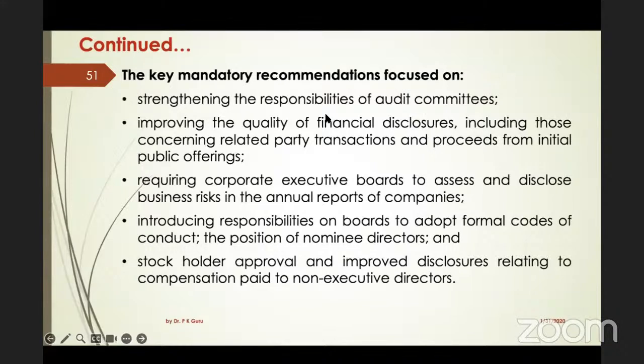The essence of the rules and regulations is that, when related party transactions were not detailed, not included in the declaration, people made money just for the sake of making more profit. They don't need to have a company somewhere else, but there are tax havens. As you know, what happened to Adani's investment, there was a lot of hue and cry. There are companies in those countries which are more or less shell companies. They do not do any business, but people float those companies only to circulate their money and bring it in at a cheaper rate. So these are the cases where related party transactions have to be clearly disclosed.